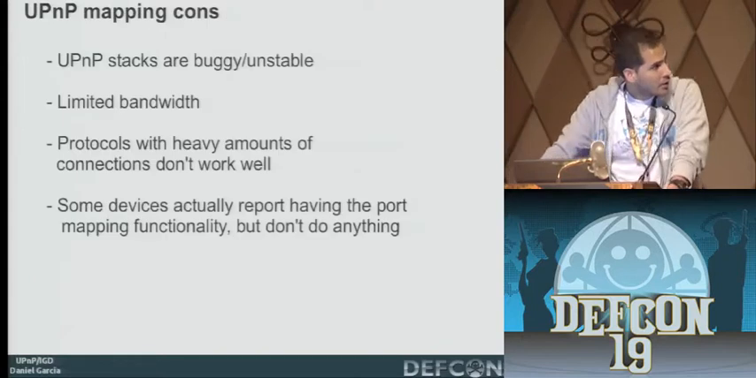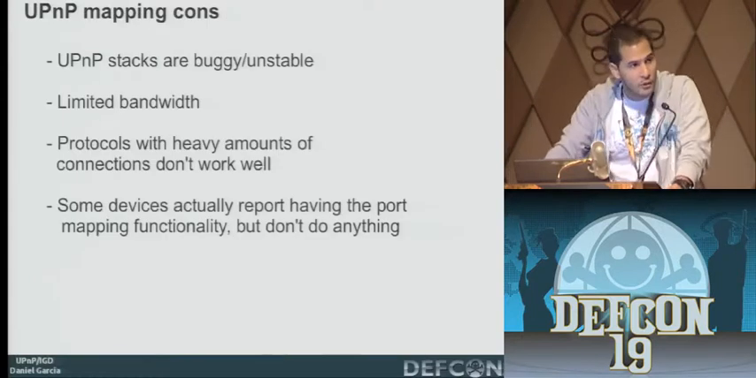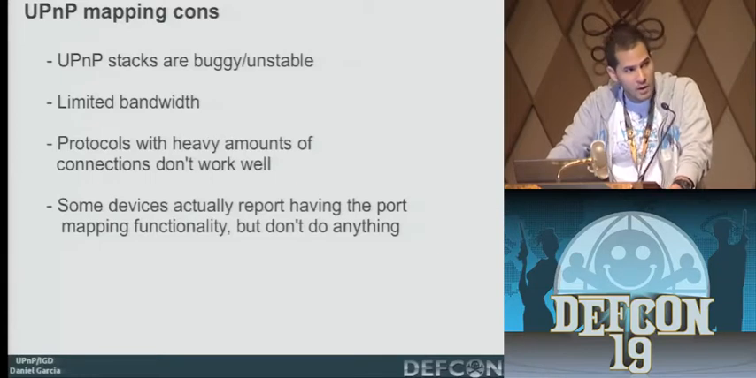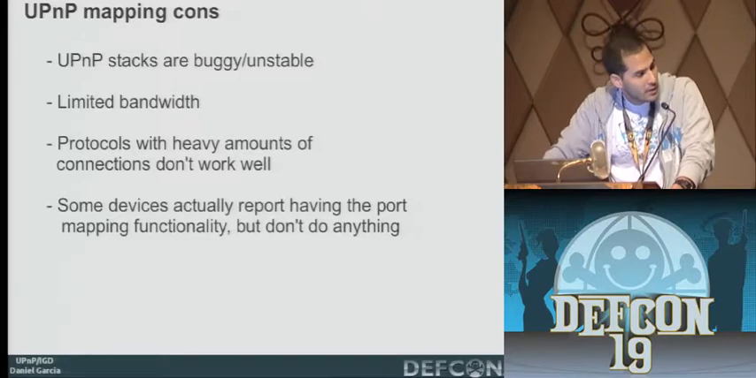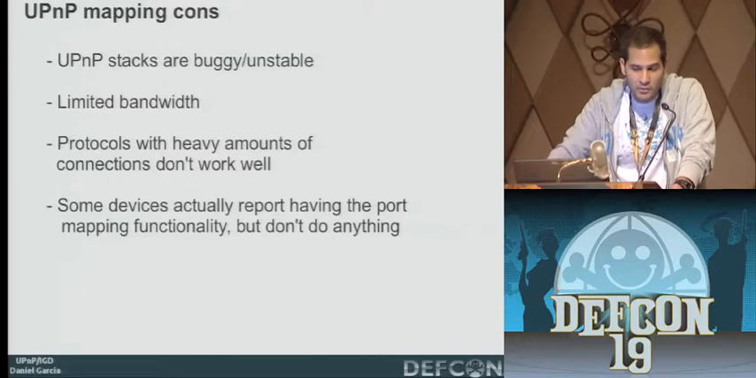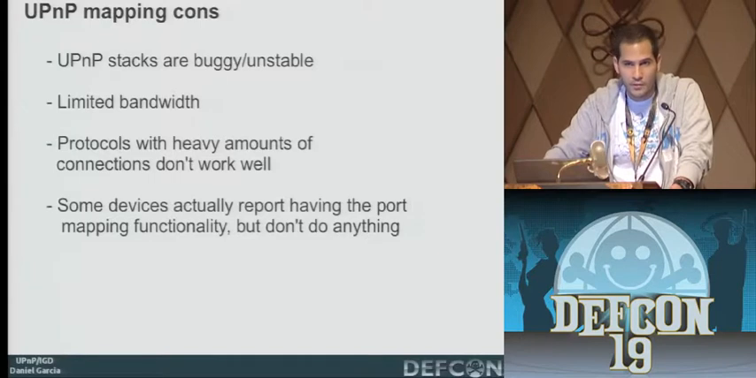So what are the cons with UPnP mapping? A lot. First of all, the UPnP stacks are buggy and unstable. It was kind of hard, or not that hard, programming UMAP. The one being distributed on the CDs is very buggy, so I would suggest just downloading the new version when I release it tonight on the site. But basically, UPnP stacks, even though they're supposed to be in a standard, they don't behave on the standard, and they have minor differences. The other thing is that obviously we have limited bandwidth because we're relying on the upload